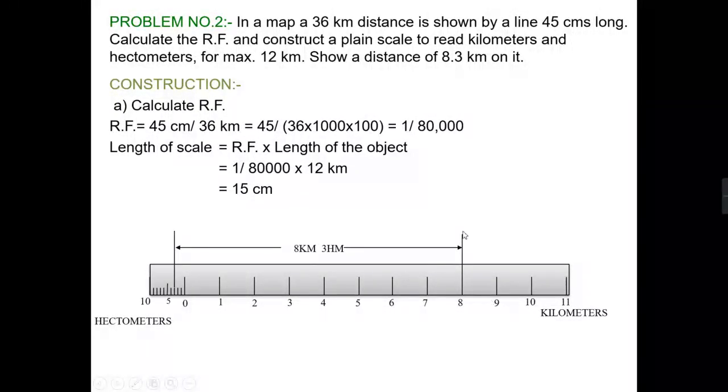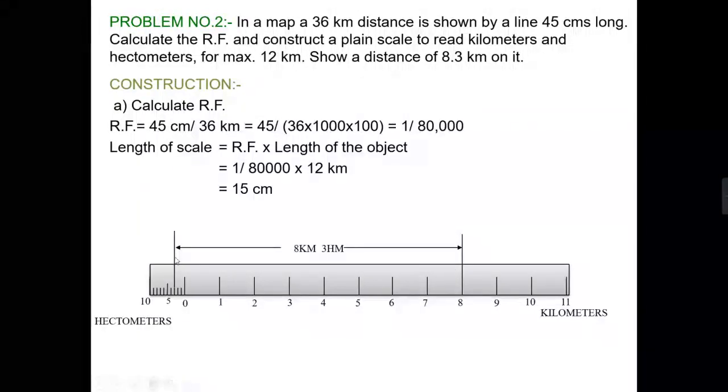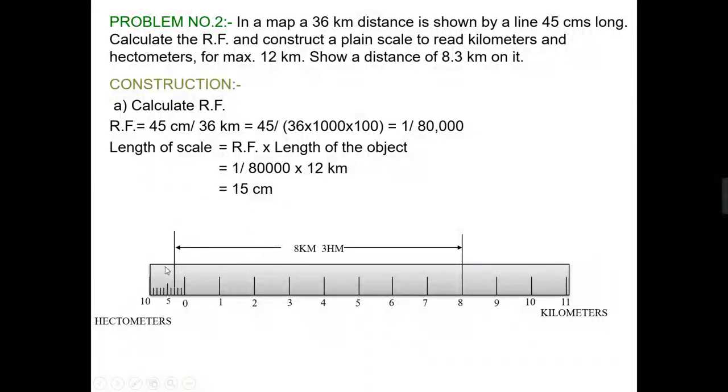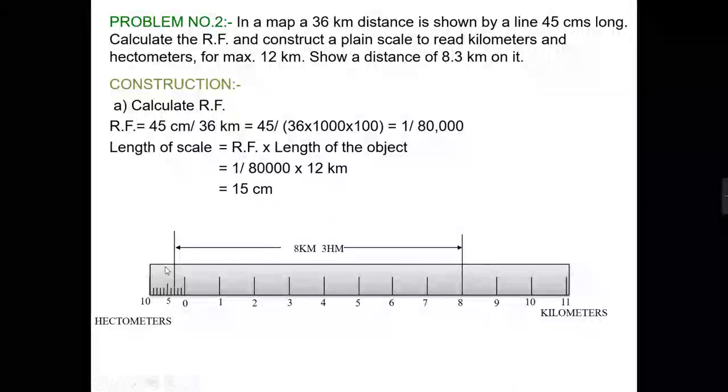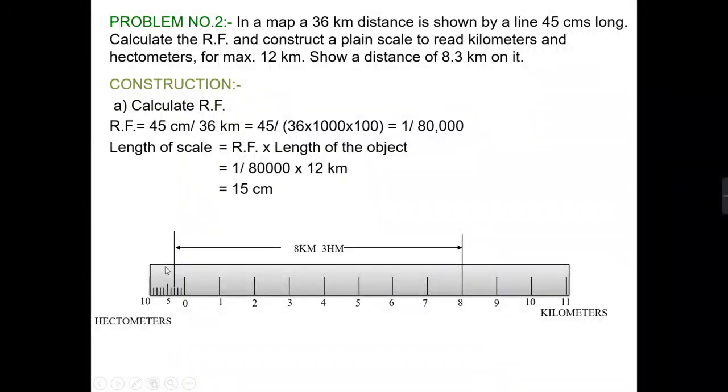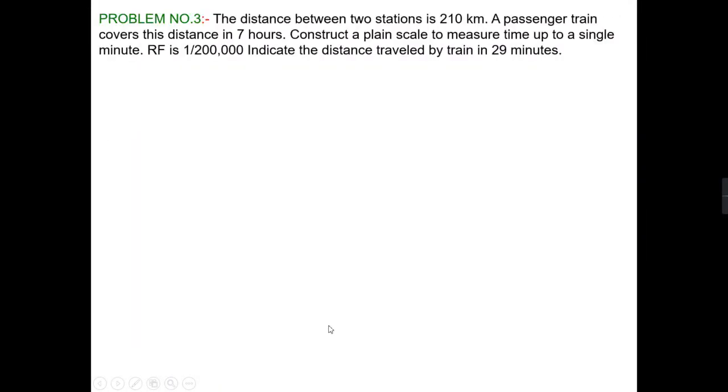Okay, so it is a wrong way to represent it, because your extension line should not touch the object. As in the previous question, the extension line we have drawn, just like that you have to draw it again. This is a wrong practice. After that we have to put the RF at the bottom of the scale.